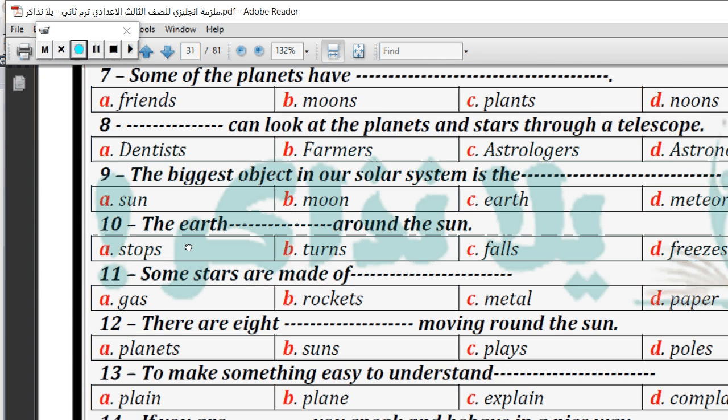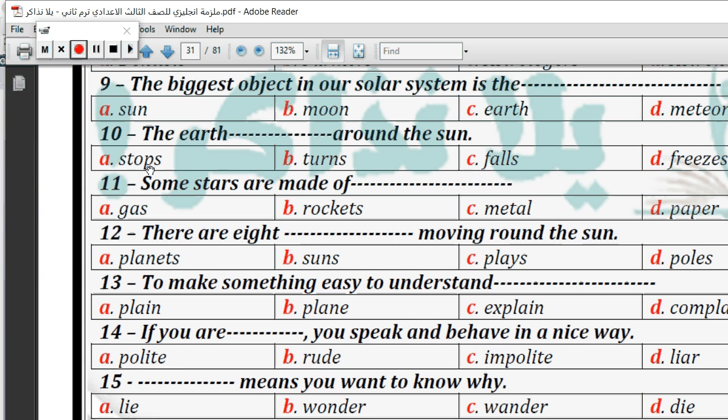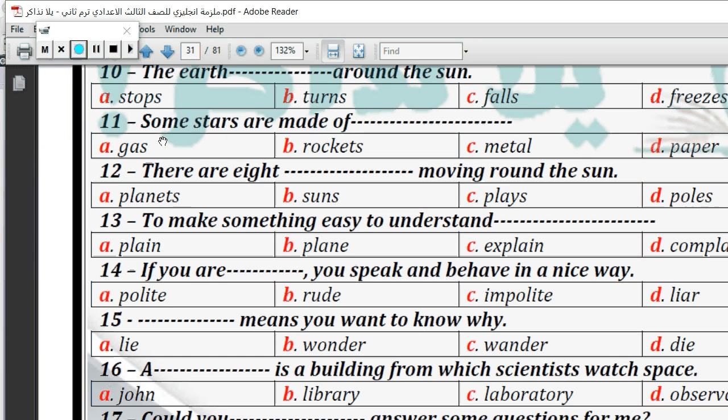Some stars are made of gas, rockets, metal, or paper. Some stars are made of gas. Number 12, there are 8 space moving around the sun. Planets, sun, plays, or pools. 8 planets.